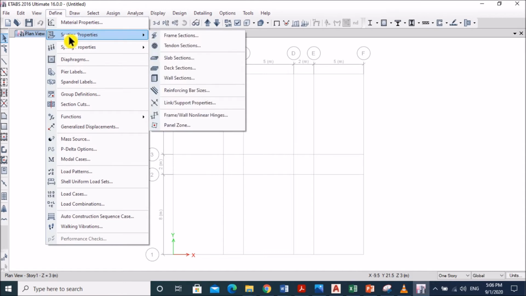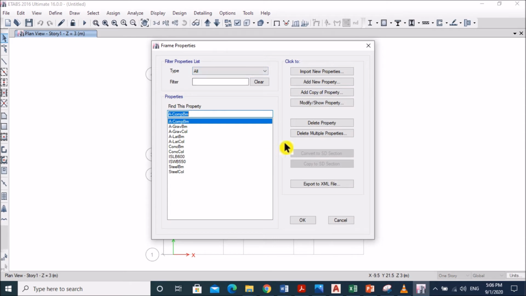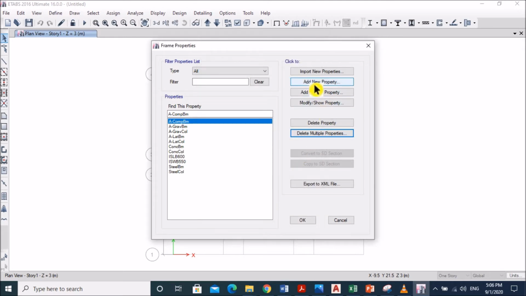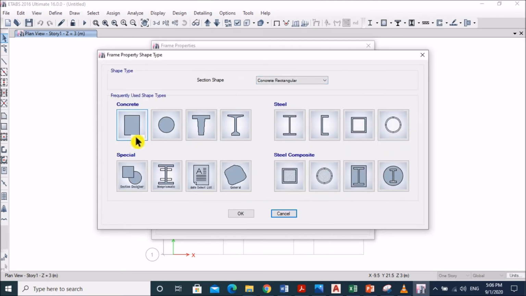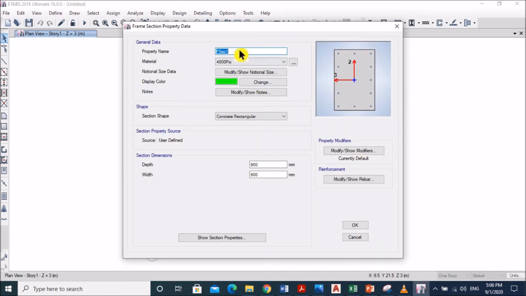Next step is to define section properties. Go to define section properties, then frame section, delete multiple properties, just delete all these options. OK. Now add new properties, then rectangular concrete beam, property name beam 400 by 400, which was already assumed in our manual calculation.